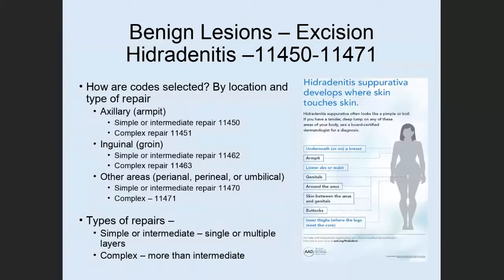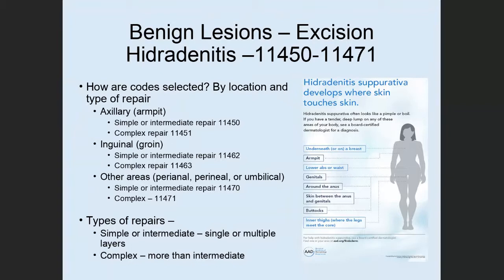So where are they located? Well, there are different codes if it's in the armpit, the groin, or the other areas. And it's also determined by the type of repair. This is the only one of these codes that is determined by type of repair. If it's axillary, simple or intermediate, it's 11450, complex axillary, 11451, inguinal, simple or intermediate, 11462, complex, 11463, and others,